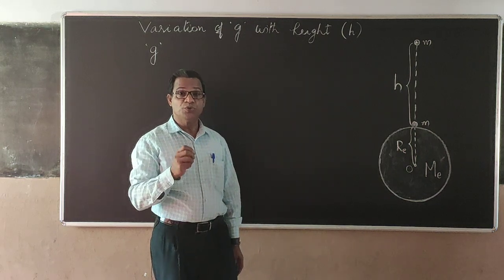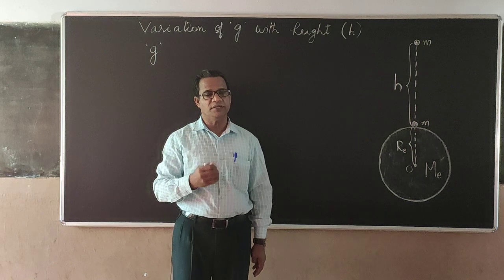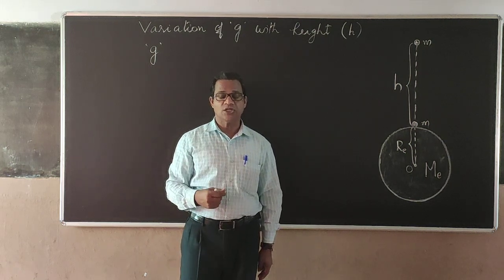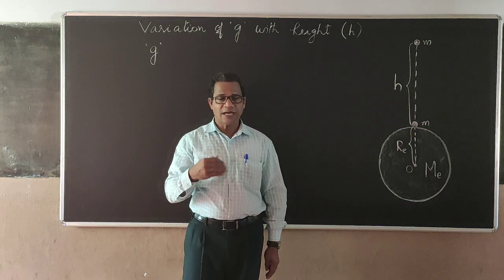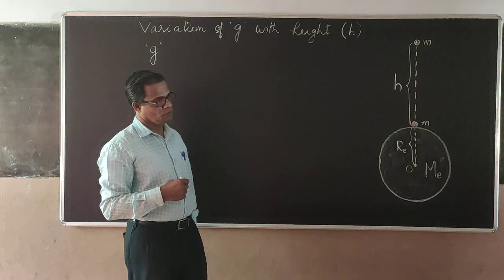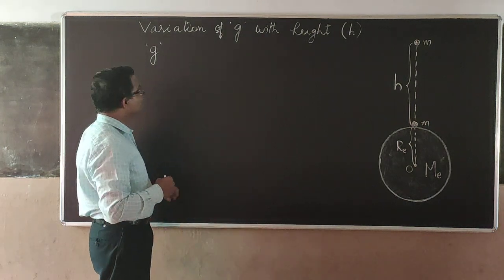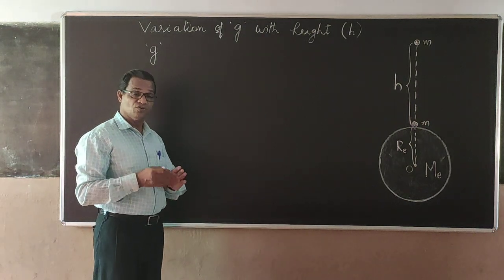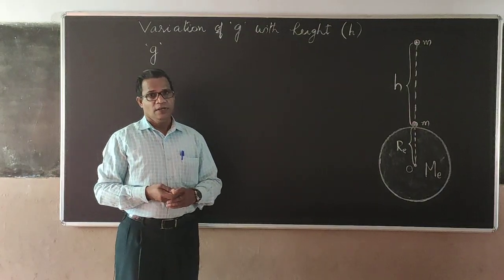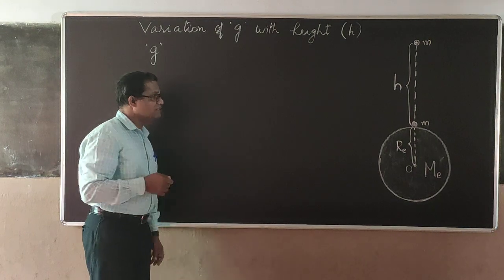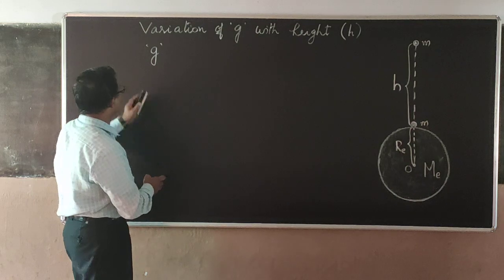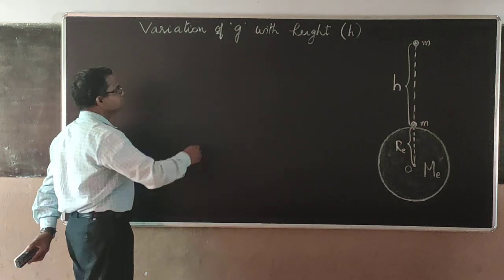Acceleration produced due to the force of gravity. That means, whenever Earth attracts another object, that attractive force we call it as force of gravity. So, here the acceleration is produced due to the force of gravity, so we call it as acceleration due to gravity. And the value of acceleration due to gravity on the surface of the Earth is given by the formula,